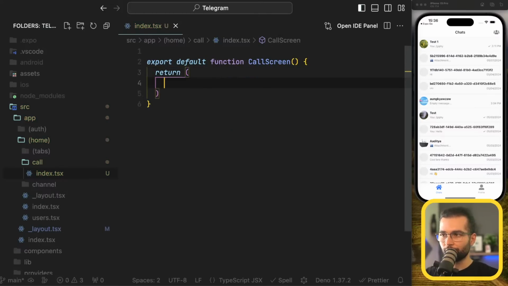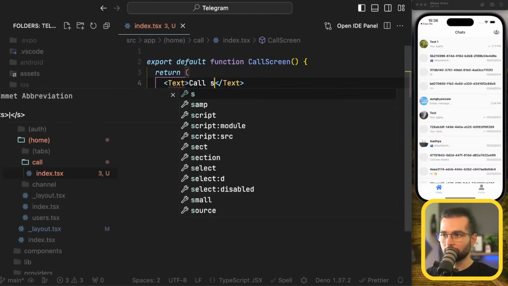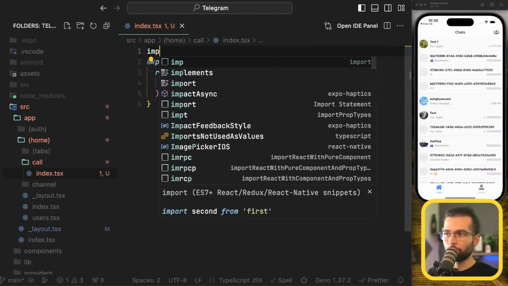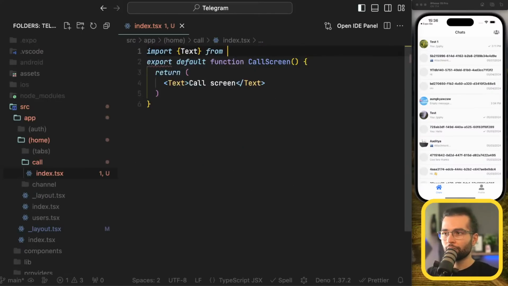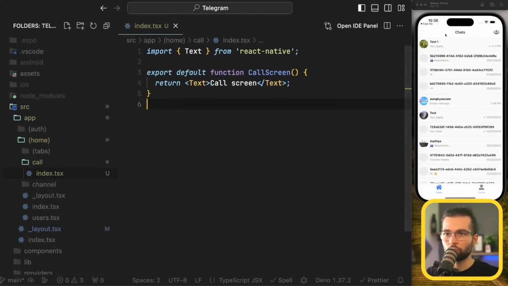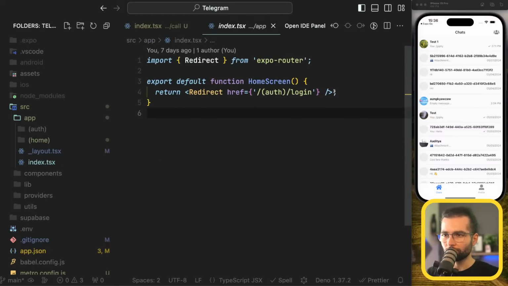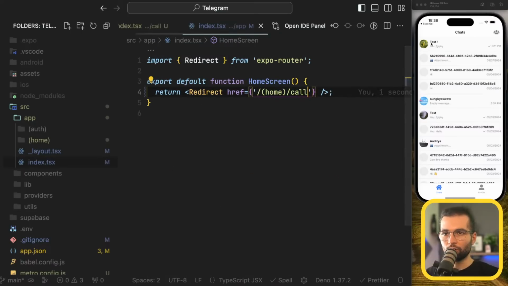And let's return simply for now a text saying call screen. The text should be imported from React Native. So let's do import Text from React Native. And let's try to do the following. Whenever we go from the index, instead of redirecting to login, I'm going to redirect actually to /home/call, so that if I reload the application to go back to the index file of our application,